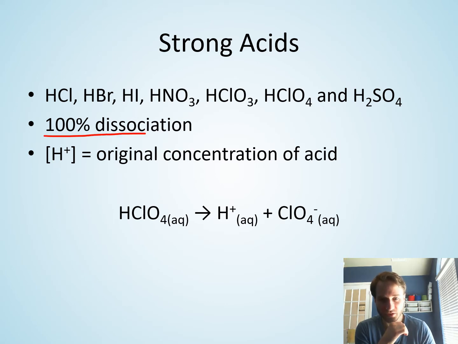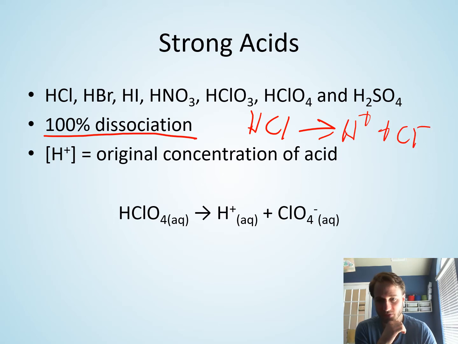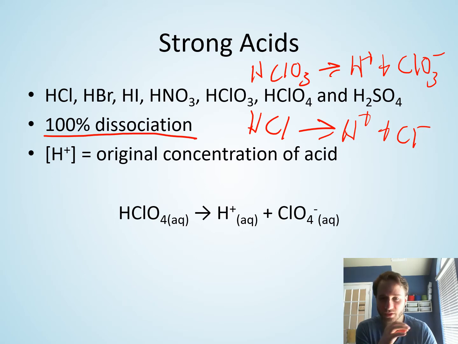So 100% dissociation, meaning if I put HCl in solution, HCl will fully break apart into H+ and Cl-. This is a unidirectional thing. This goes all to products, 100% dissociation. HClO3 breaks apart into H+ and ClO3-. So the hydrogen completely breaks off for every single molecule,